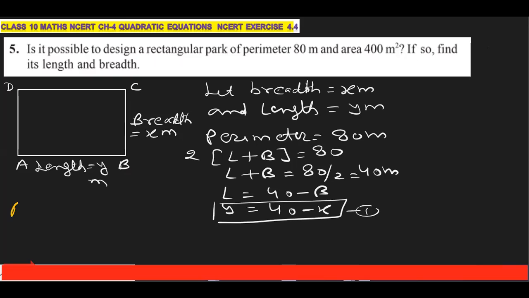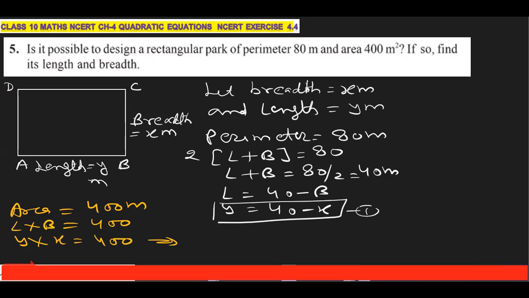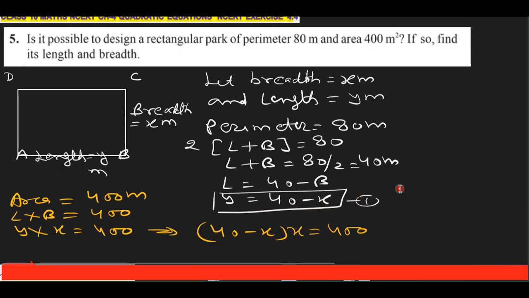It is also given that area is 400 meter square. We know area is length into width, that is breadth, that is 400 meter square. Length is y into x, that is 400 meter square. So that is 40 minus x into x, that is 400 meter square. Here the length is 40 minus x, and the breadth is x. So it is now 40 minus x into x, that is